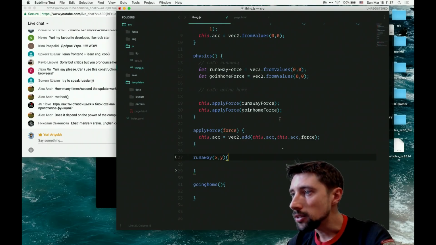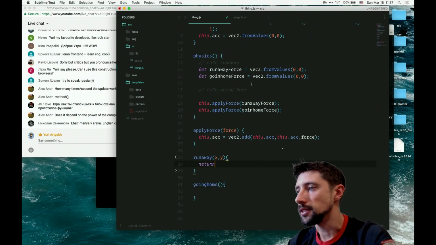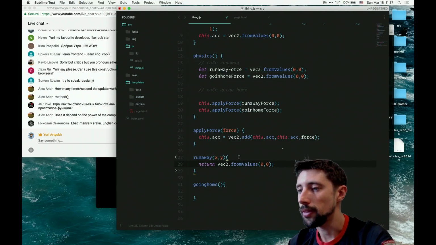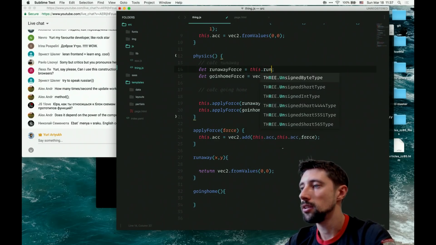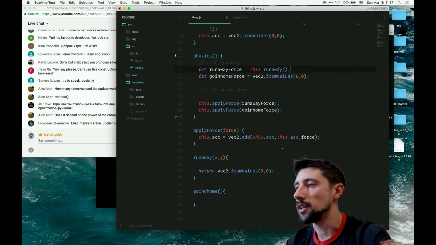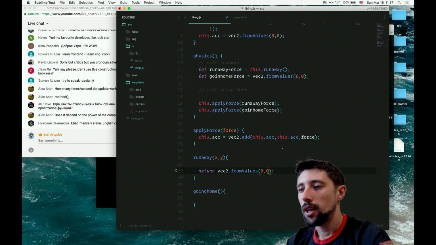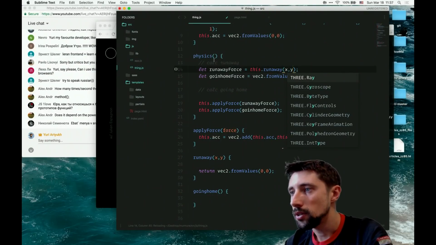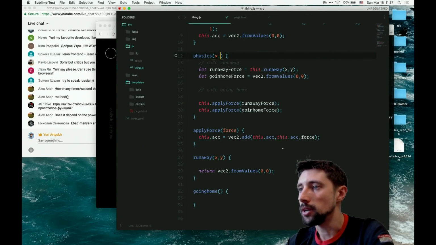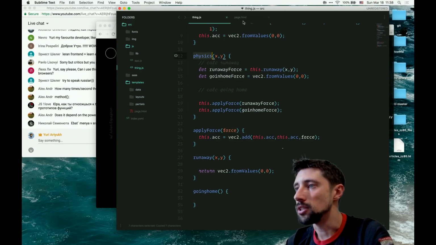What else? And let it return exactly this vector, runaway force. Just gonna return this runaway thing, always 0, and I'm gonna do it like this. So let it run away. Instead of just setting the vector, I'm running the function runaway, which is returning a vector right now. Hopefully it still works, but I would need the xy also, and I would need those xy in my physics. So I would need to run this physics before